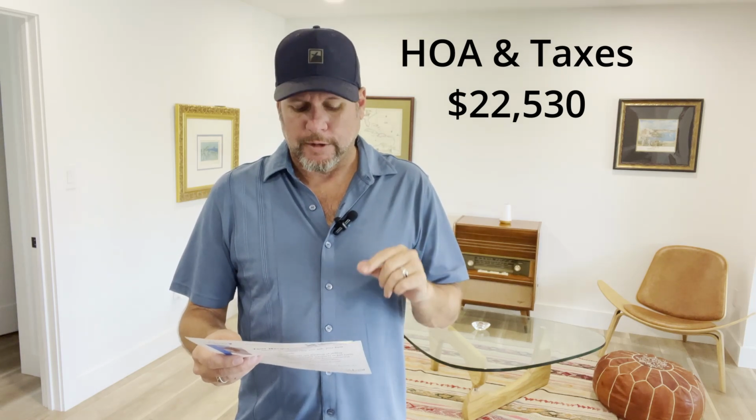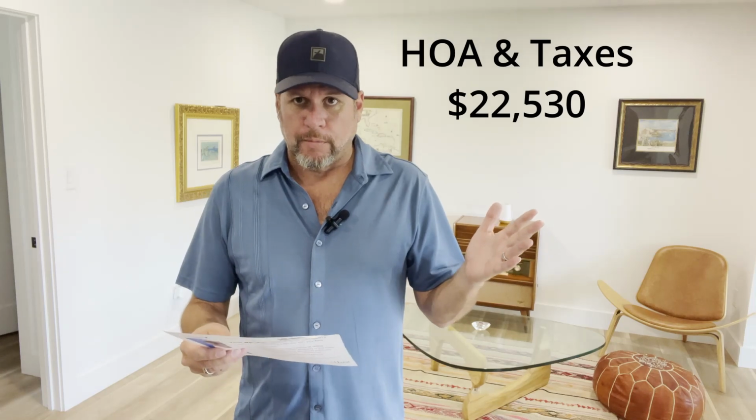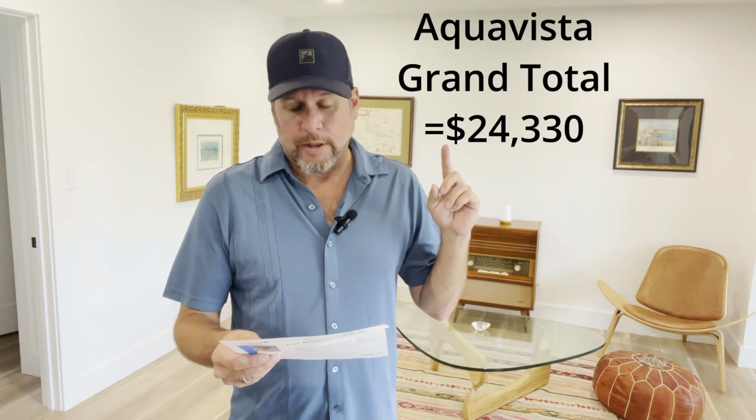And now on the Aqua Vista condo, if we're gonna look at those numbers, the HOA fees were $15,981. Now keep in mind, this does cover the insurance for the outside of the building, but it doesn't cover inside contents. That's an expense I didn't put on here. You're gonna need some kind of contents insurance plus like a liability policy if anybody was to get hurt inside of your unit. To give you a rough idea, the cost of that is kind of like a renter's insurance. So the taxes were $6,549. That's a total of $22,530. And then if we assume, I don't really know what the power bill is in there, but usually those condos are a little bit lower because they got concrete walls. But also, people tend to leave the sliding glass door open to listen to the waves crashing on the beach while they run the air conditioning as low as it goes. So I just put in $150 a month for the power bill. That's $1,800 a year. So you add that to the $22,530, and you get a grand total to run the Aqua Vista condo of